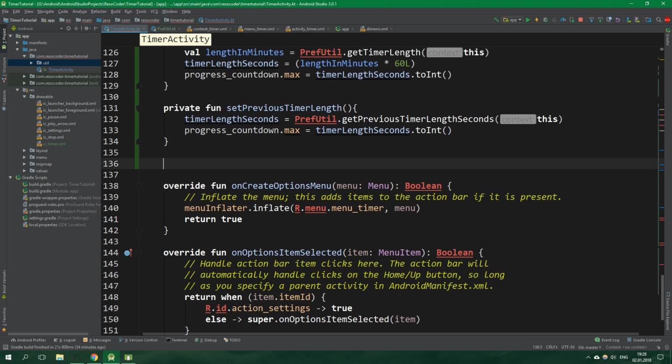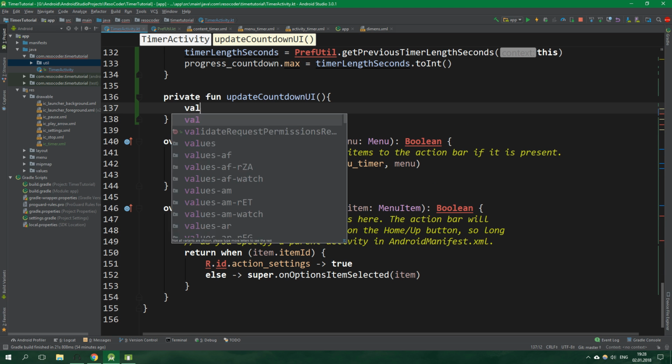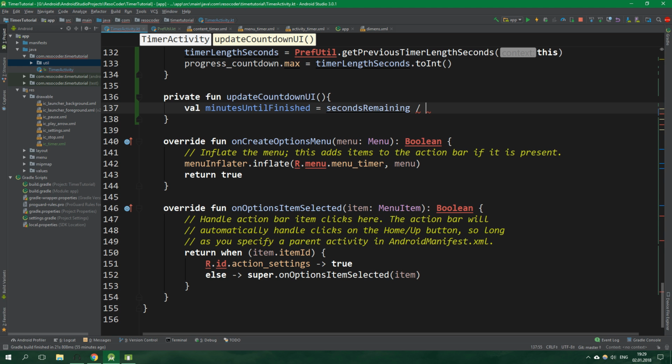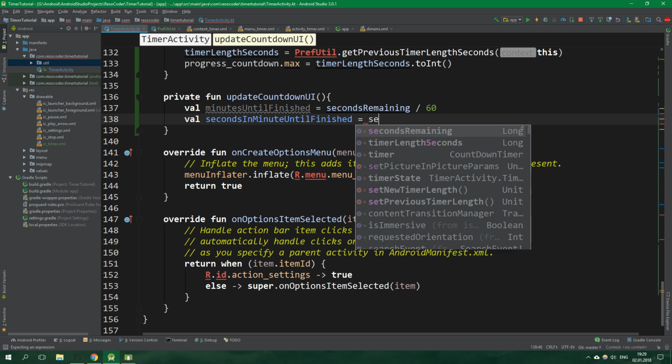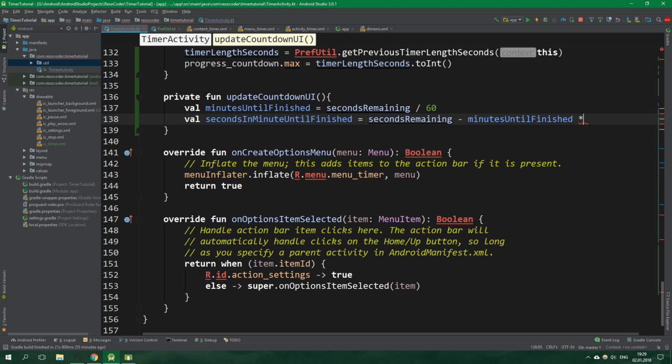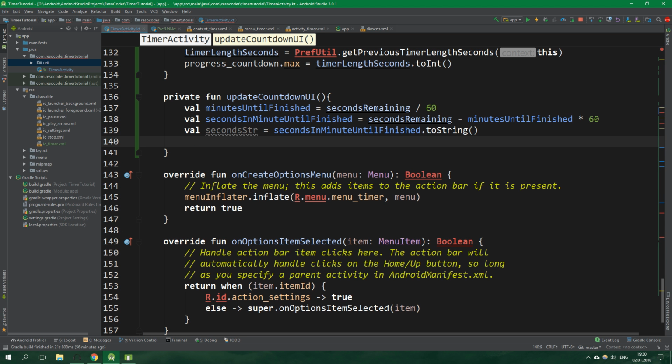And now let's create the last two functions. Update Countdown UI. Here we wanna define minutesUntilFinished, which is equal to secondsRemaining / 60. Then val secondsInMinuteUntilFinished, which is secondsRemaining minus minutesUntilFinished times 60. We are creating these variables because of the text view which we need to update. Now val secondsStr, or str for short, is gonna be equal to secondsInMinuteUntilFinished.toString. And now let's set textViewCountdown.text to be equal to interpolated string $minutesUntilFinished, colon, and again $,